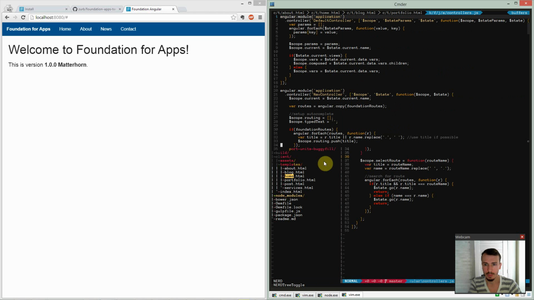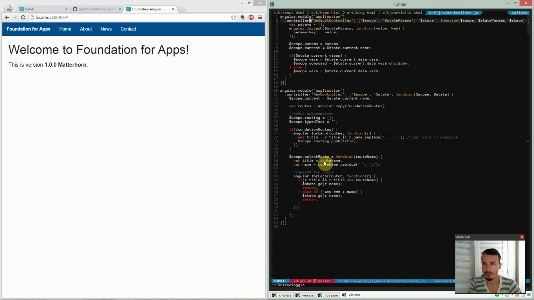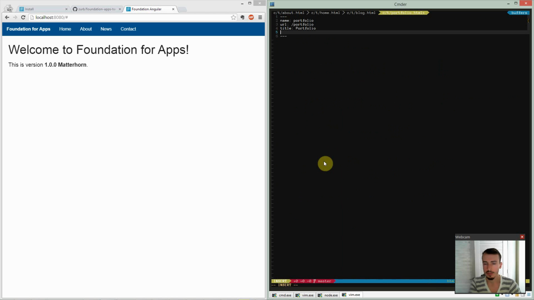Controllers. Yeah, so they actually request the state parameter and the state, and they copy that over so that it's available for you on the page. So under scope or under vars, you can actually view all of the variables. So we can do it for portfolio. That's actually a good example. Let's do